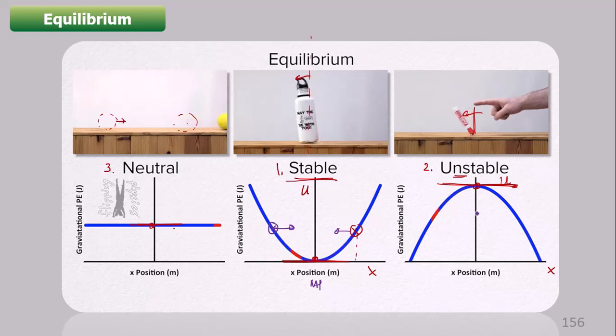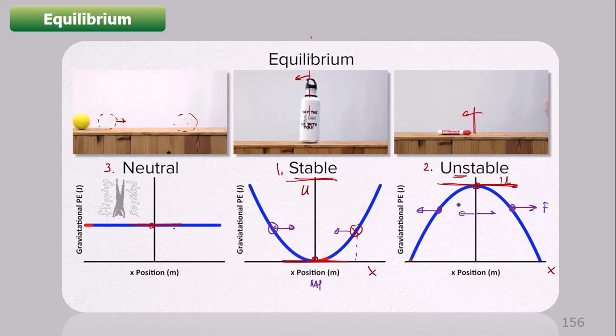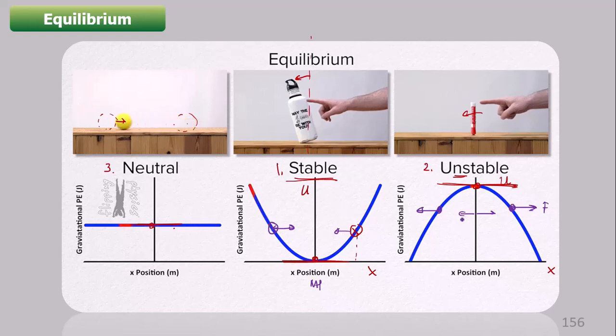But in the second situation, the unstable situation, if I move to this position, here the slope is negative, so negative slope means the force is positive. Here the slope is positive, so the force is negative. So in both situations, if I displace the particle slightly either towards left or towards right, the force is repulsive. So repulsive force gives unstable equilibrium and attractive force gives stable equilibrium.